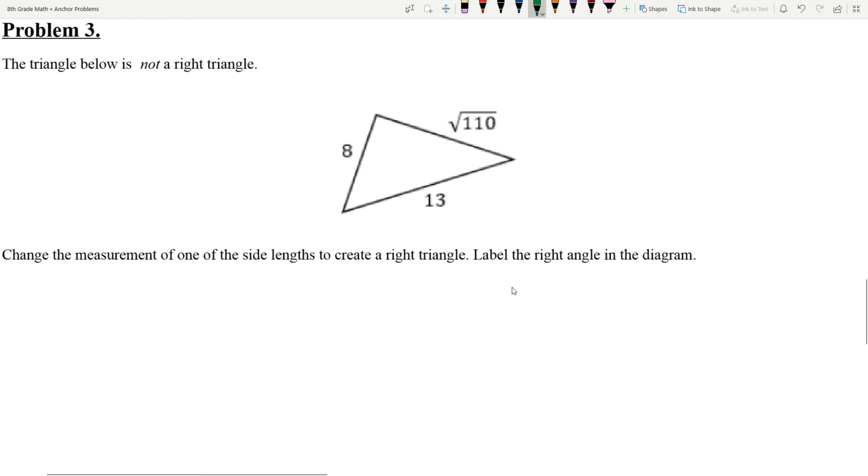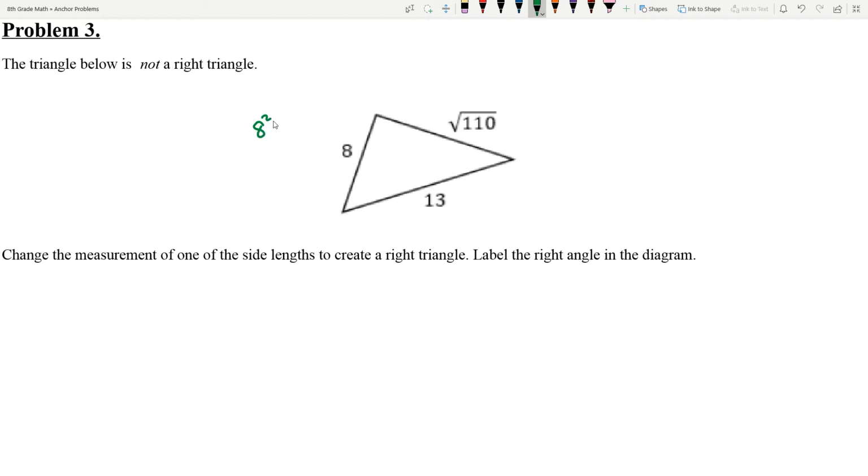Problem 3. The triangle below is not a right triangle. Change the measurement of one of the side lengths to create a right triangle and label the angle in the diagram. Let's see what the longest side is. That's usually the easiest one to fix. And so